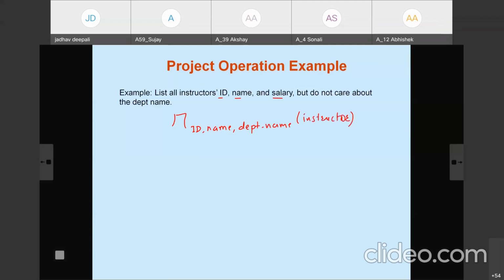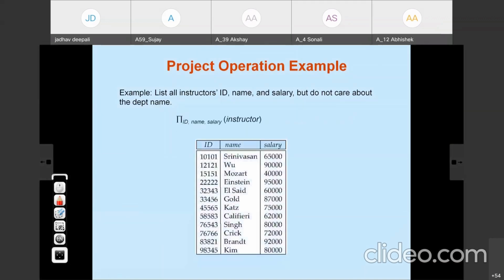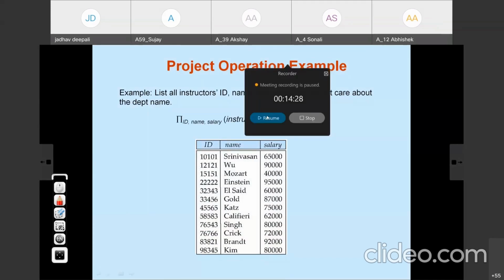So here from the instructor relation we want only these attributes. In the resulting relation only three attributes will appear. So here the department name will not appear. Okay, now the next one, the projection operation.